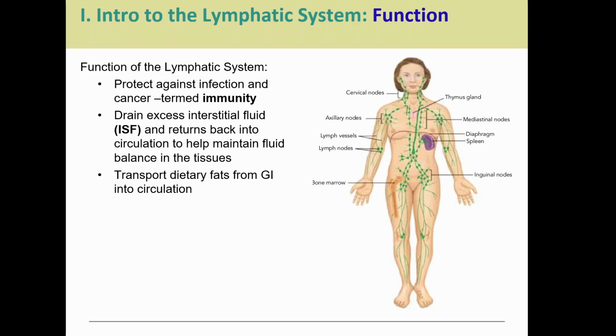So if we look at the overall function of the lymphatic system, we've already talked about some of them because it helps with other body systems, like the pulling up of excessive fluid in the interstitial space, and then putting it back into the cardiovascular system so that we don't have a buildup of fluid in the tissues. We talked about lymphatic systems linked to the GI tract when it comes to the absorption of fats. But the one we haven't really gotten into is the first one on this slide, and that is the protection against infection and cancer, again, called immunity. Immunity against infectious causing agents, immunity against cancerous cells.